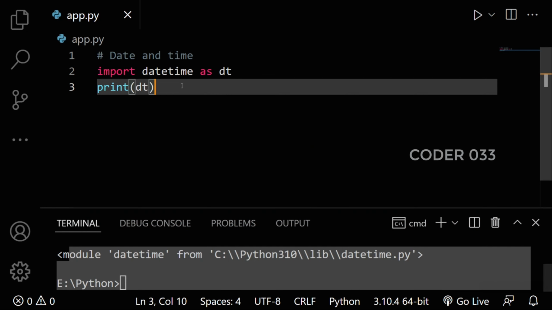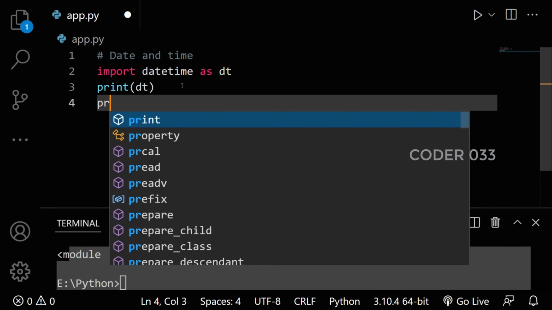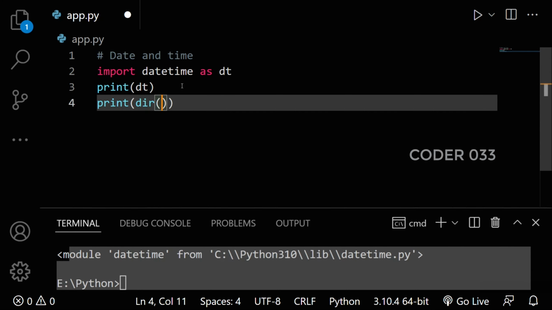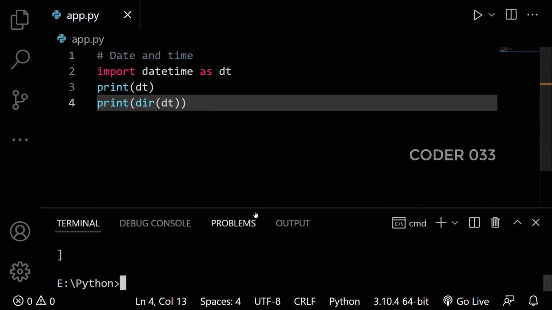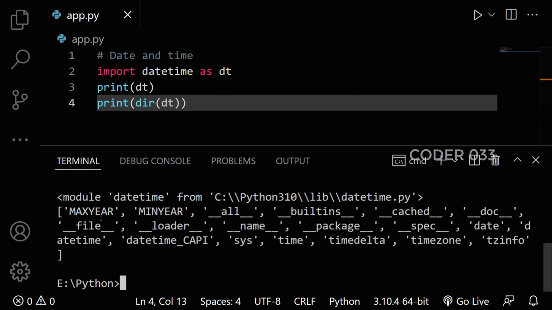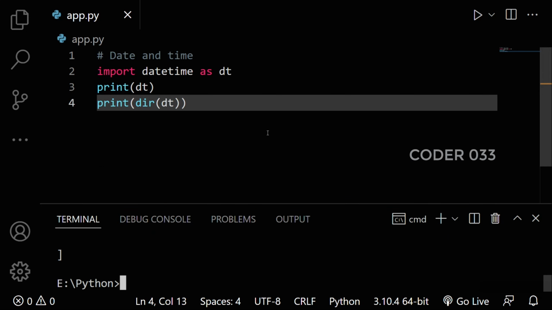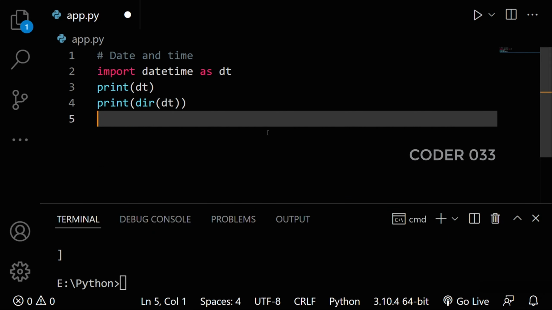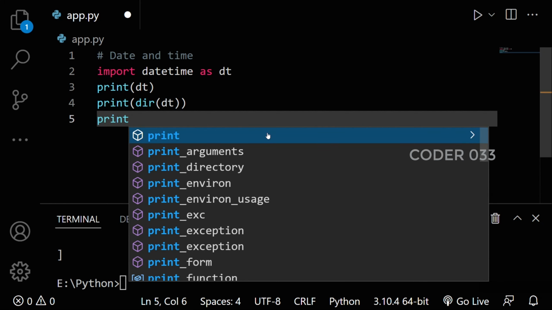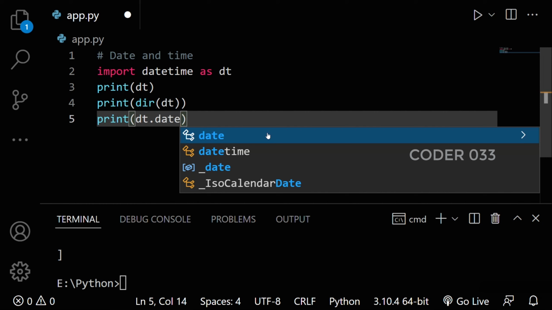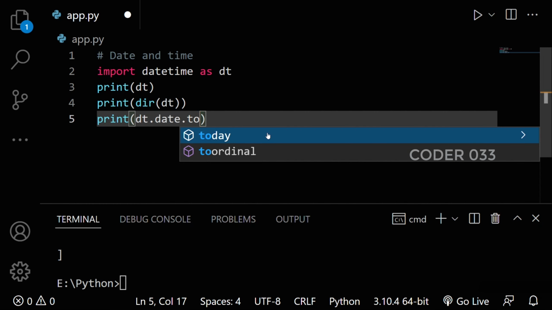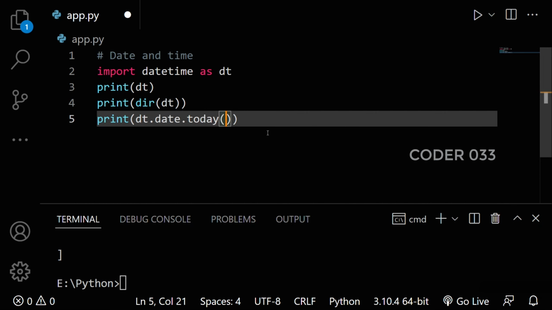Okay, it just imported, showing the directory of dt. You could see min here, max here, all built in, all the functions which are available in the datetime module. Okay, now print dt dot date dot today. Okay, dt dot date dot today. Here